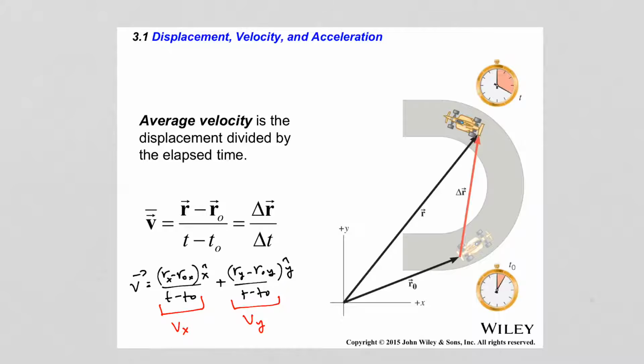So this relationship here gives us the opportunity to calculate the average velocity of motion when we only know the initial and final positions as two-dimensional vectors, and therefore we know their components in the x and y direction, and we also know the elapsed time between the object being at the initial and final positions. So this method gives us a very powerful tool to calculate